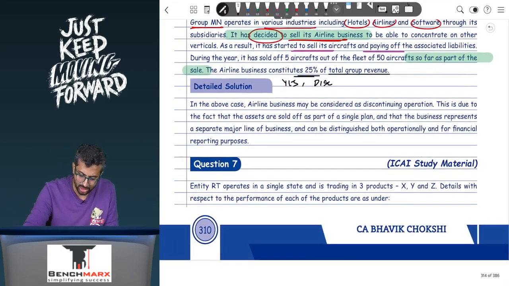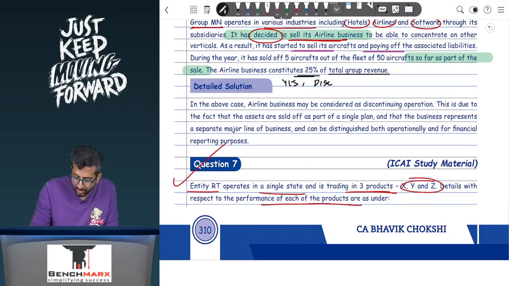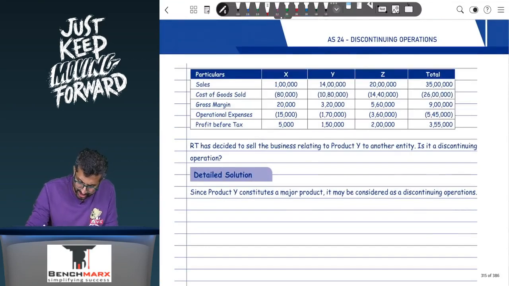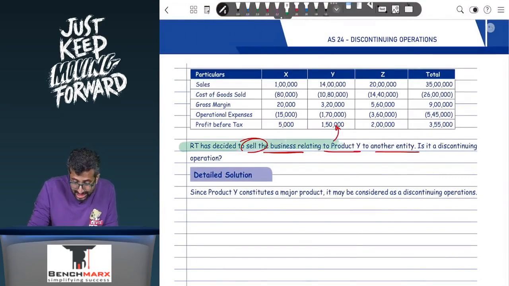Okay, and the last question number 7 over here, entity RT operates in a single state, trading in 3 products X, Y, and Z. Details with respect to the performance of each of these products are, so you have X, Y, and Z. RT has decided to sell the business relating to Y, okay, to its competitor. Achha, is it contemplating or it has decided? Sir, it has decided. So when I look at question number 6 and 7, we have decided to sell, whereas